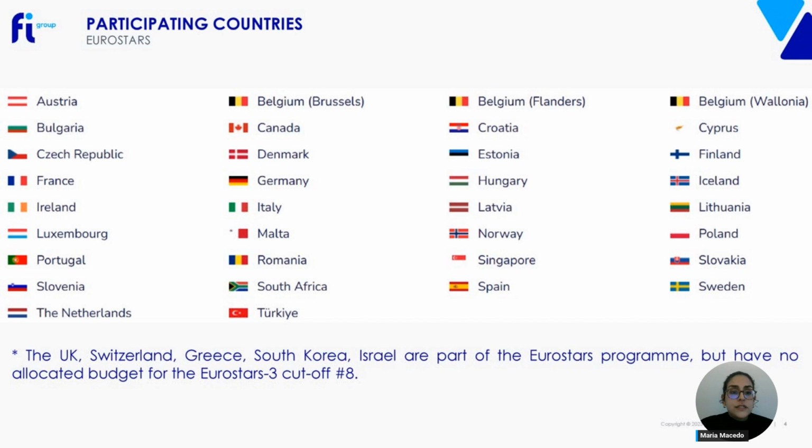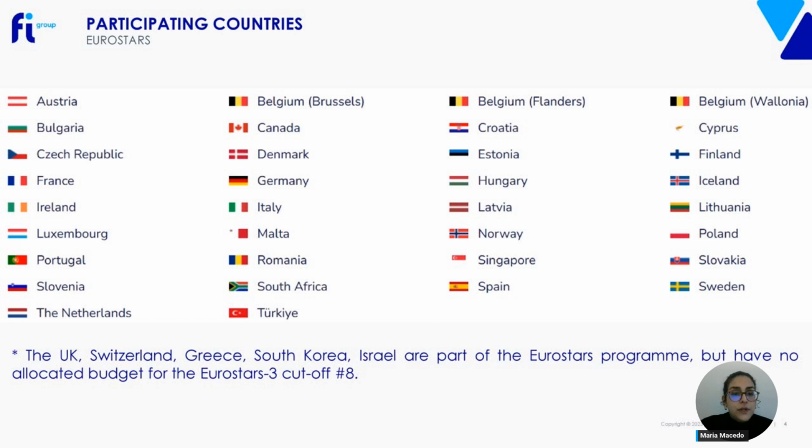Moving on, just to provide you a brief overview of the participating countries in the Eurostars program, as I mentioned briefly through the presentation already. All EU member states are part of the program, as well as countries associated to Horizon Europe. And we can highlight as well Canada, South Korea, Singapore, South Africa, and Switzerland.